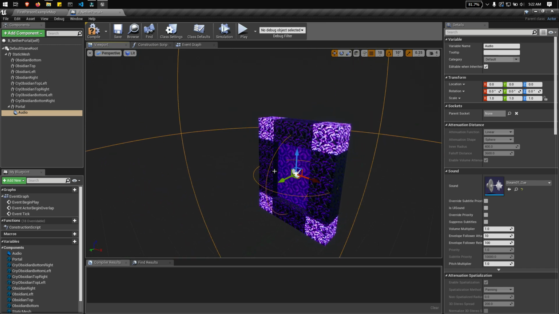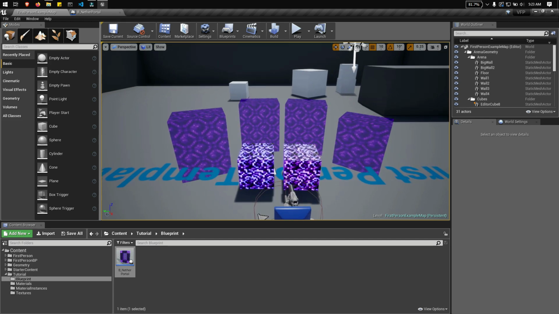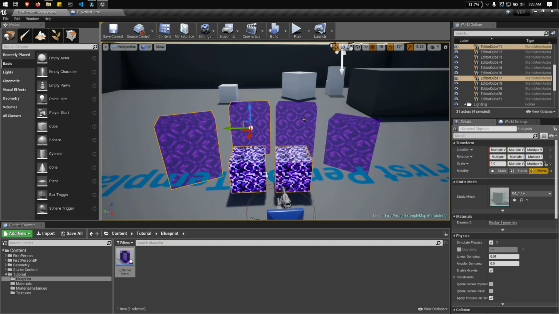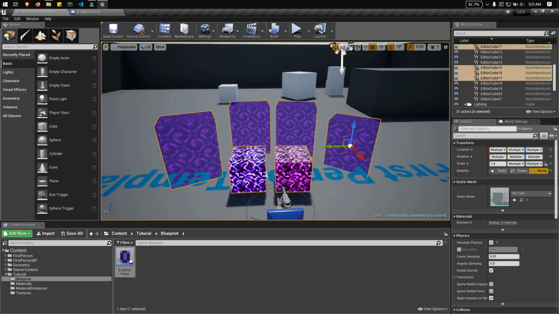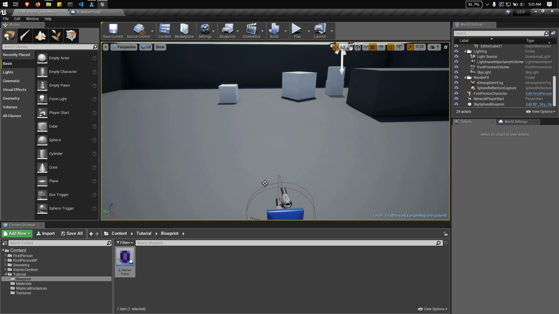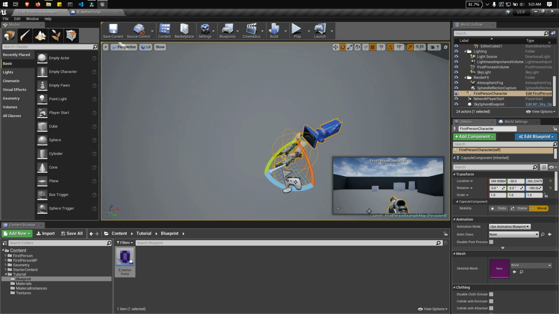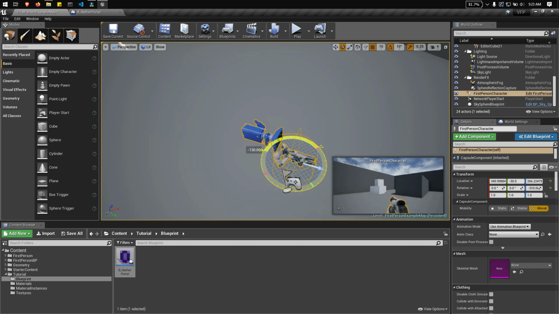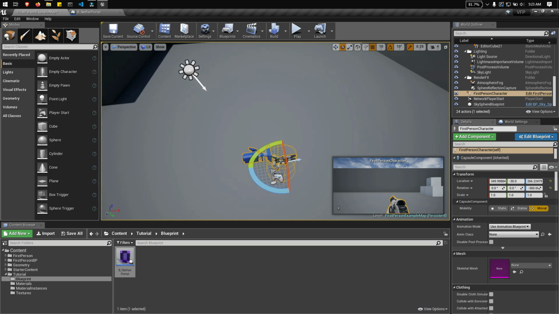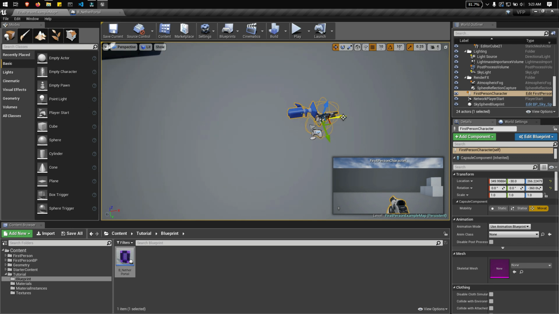So before we proceed to any adjustment or any components that we need to add to our Nether portal, let's save this first and compile it. Don't forget to always compile your blueprint. And let's add our component here. Let's remove these actors that we don't need, especially the text. And let's rotate our first person character. Let's restore this to its original place.